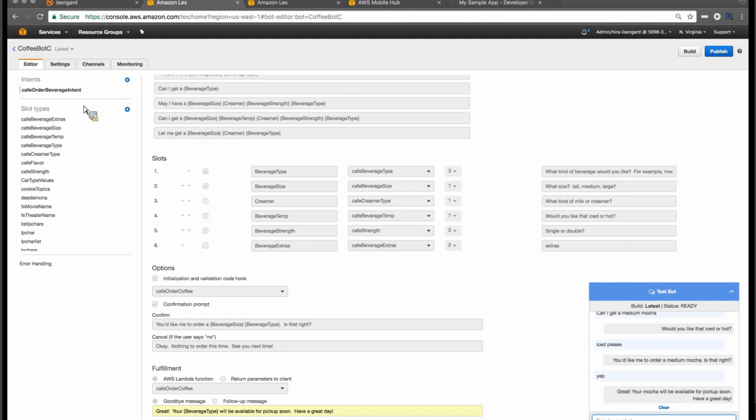The other thing that's important to see is how we can go about building this bot. Because we now have something that works as a chat bot, as a text bot, and you can use a web interface with it. But for our purposes, we'd like to connect this to an Android application.